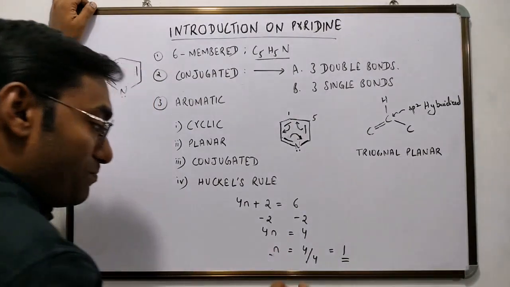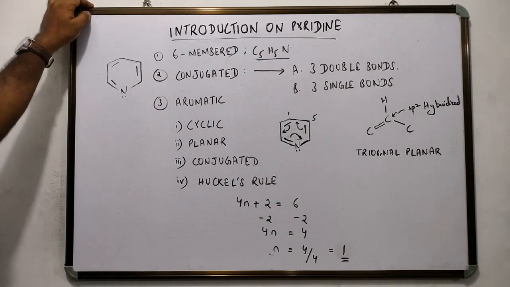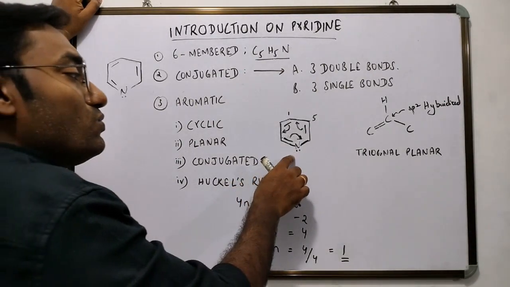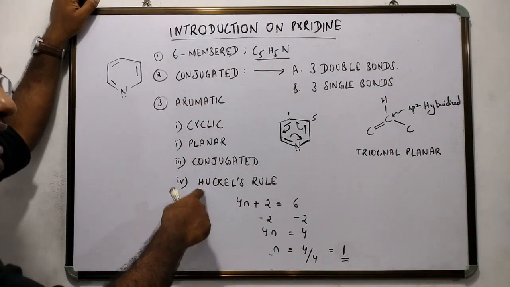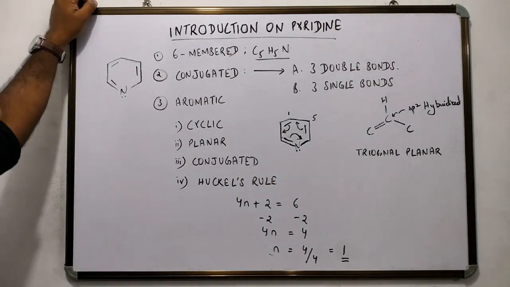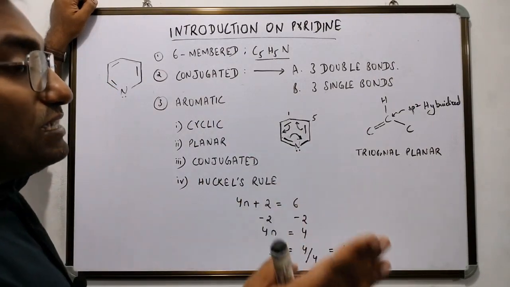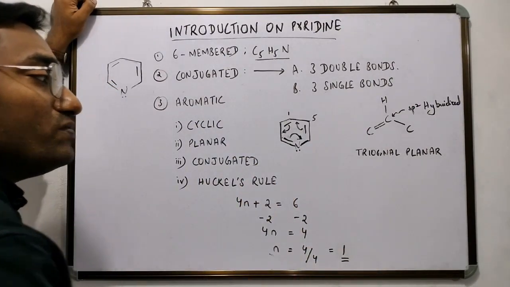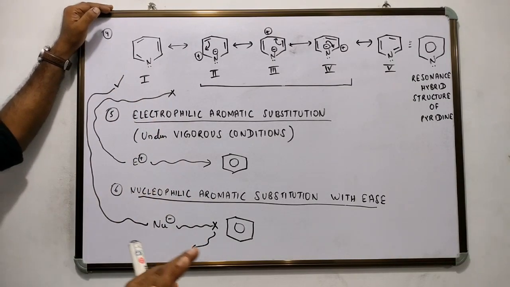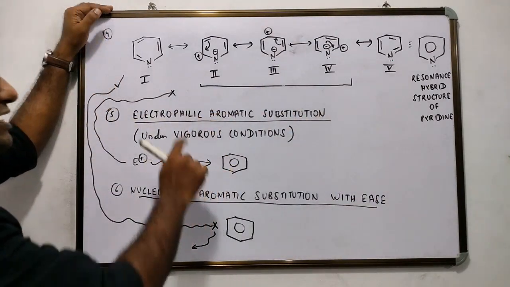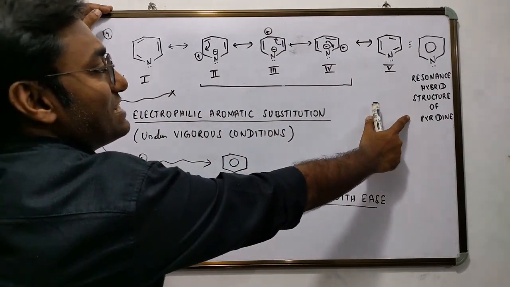1 is not important. What is important is n is not a fraction but a whole number. If you get n as a whole number, that would mean that the molecule under consideration is compliant with Huckel's rule. That is, delocalization occurs in the molecule, and that is that the molecule is aromatic. That means pyridine here has been proved as aromatic. Point number 4, the true structure of pyridine, note the point, is not the Kekulé structures but the resonance hybrid